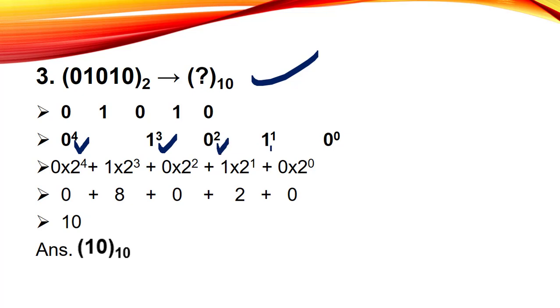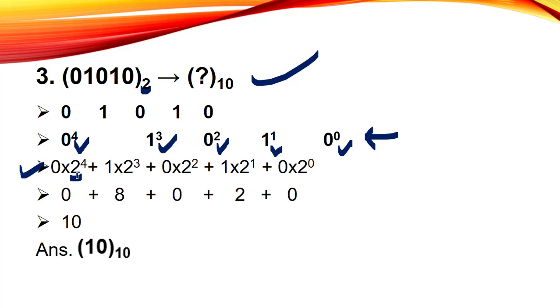Now just keep one thing in your mind: whenever you are applying these place values, you have to count these digits from the right side and you have to count from 0. Fine. So it must be 0, 1, 2, 3 and 4. Okay. Then in the next step you have to multiply all these digits with 2. Fine. We are multiplying this number with our base.